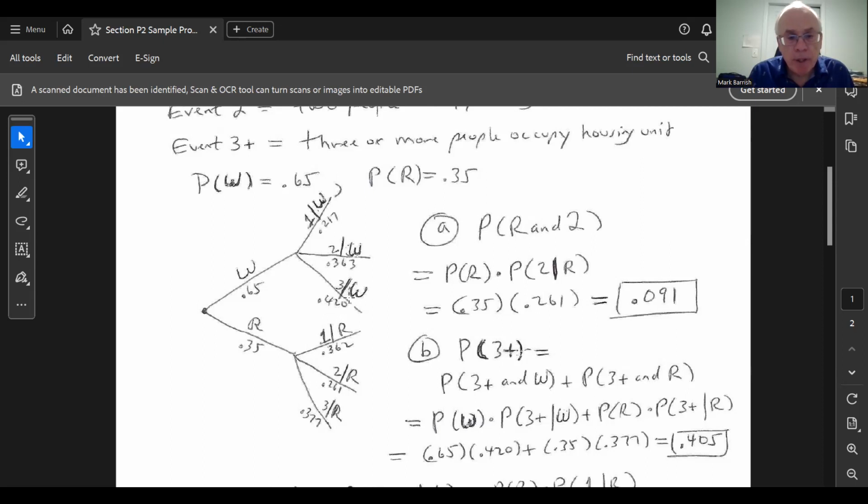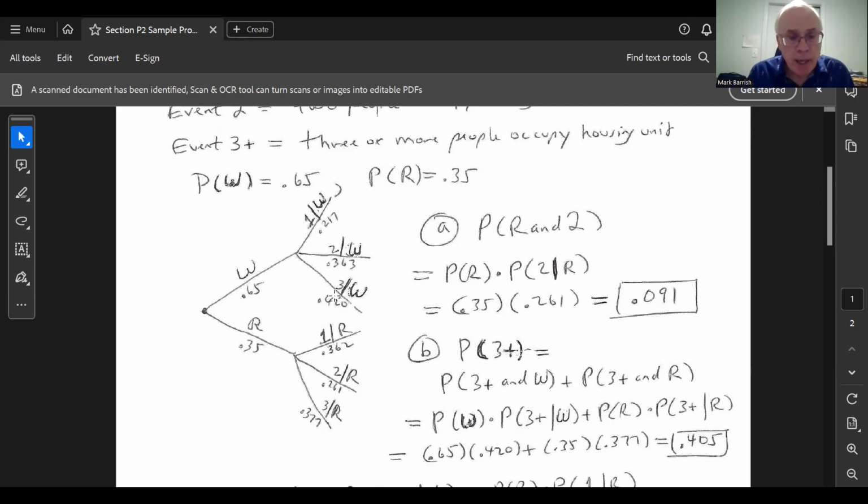3 or more people living there, given that it's owner occupied, that was 0.420. And then the other 3 numbers for the renter row are shown. These are the conditional probabilities. All right, and all these numbers fill up the tree diagram. Now notice for each of these main branches, if you see the 3 branches here, notice that these